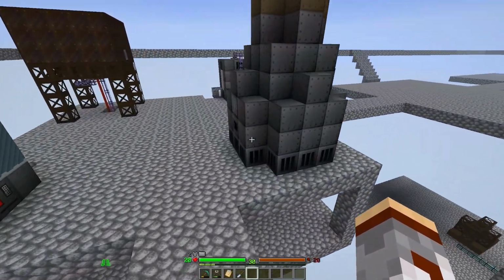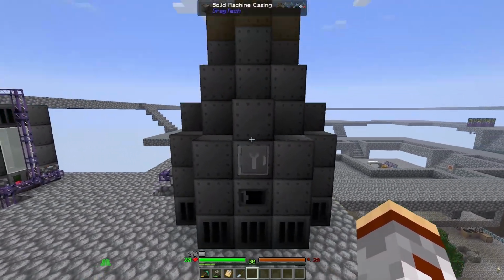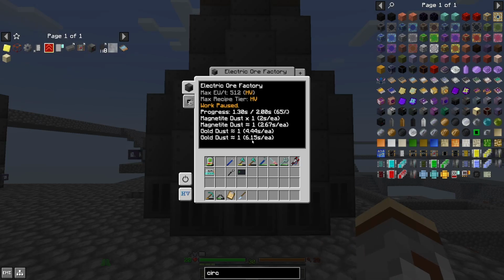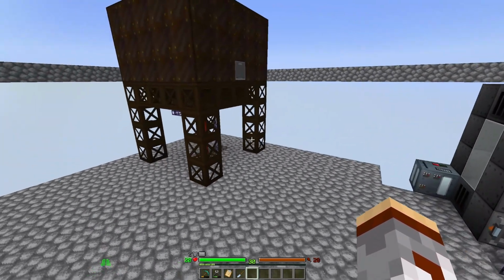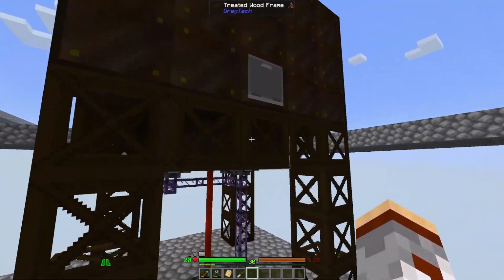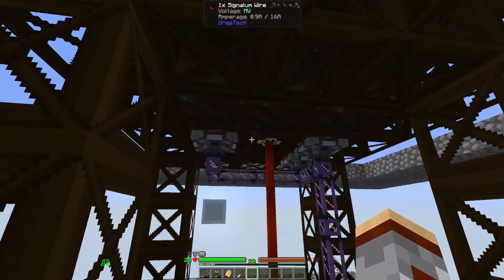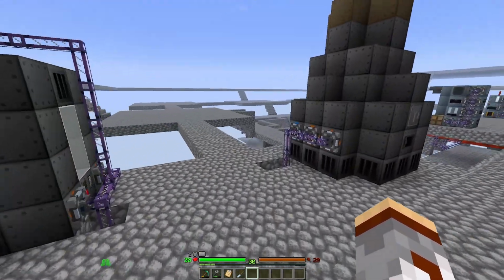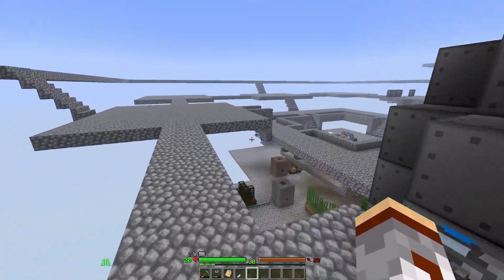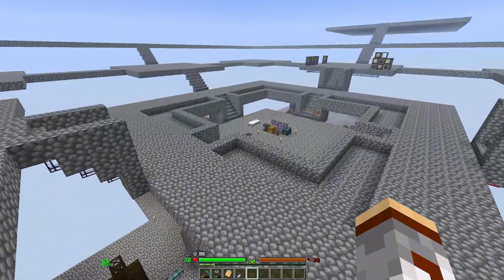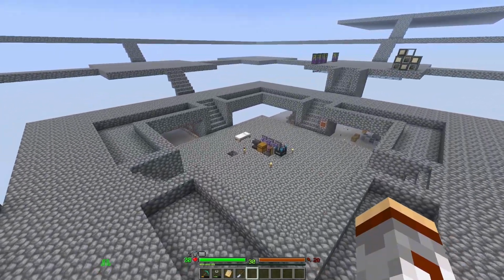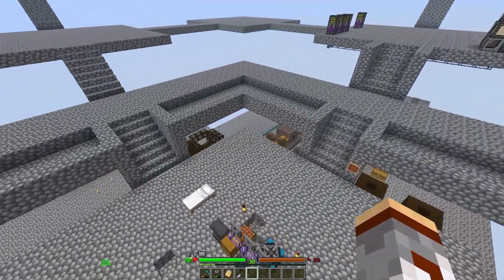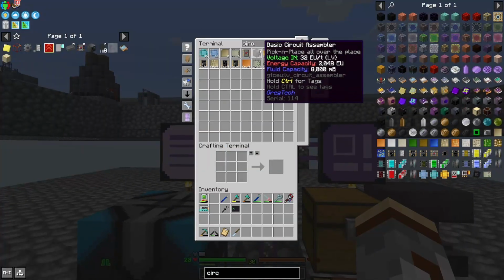I also moved the ore furnace, or the ore factory. It's paused right now because of power demands. I'm gonna need to make another one of these just for the fact that I'm gonna be wanting dedicated diamond power, but then also be able to process the other 2 materials, say for pearls or metals and such. Okay, that being said,